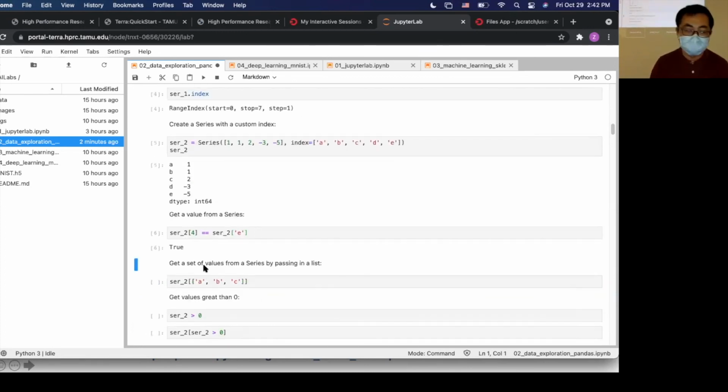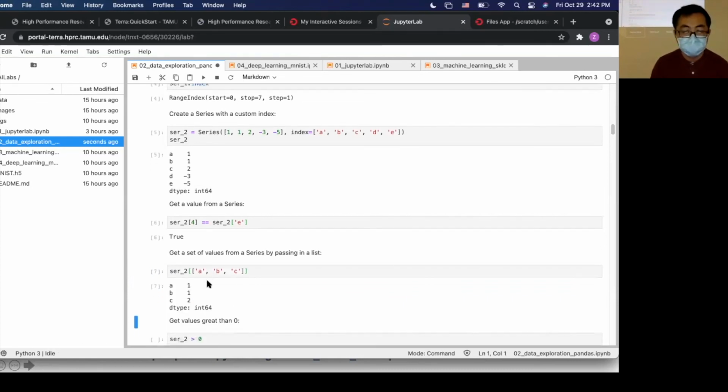If you want to get multiple values from a series, you can pass in a list. Here, for example, I have this series 2 with A, B, C, D, E, and you can pass in A, B, C. I just want the first 3 values, so let's run it.